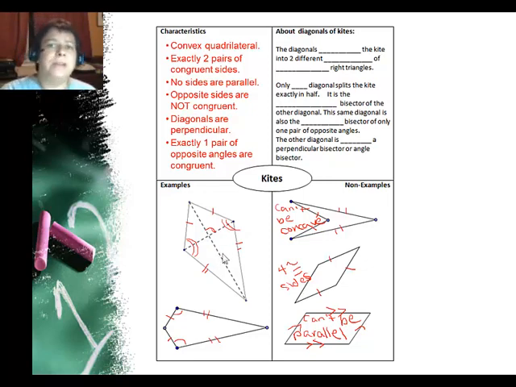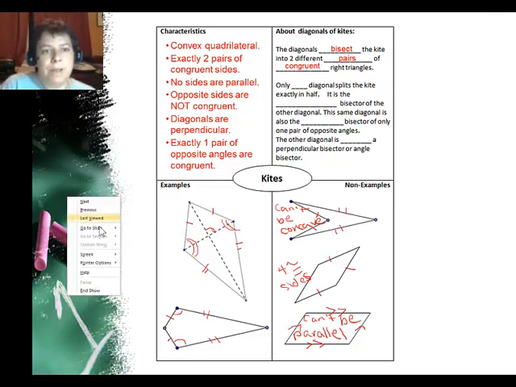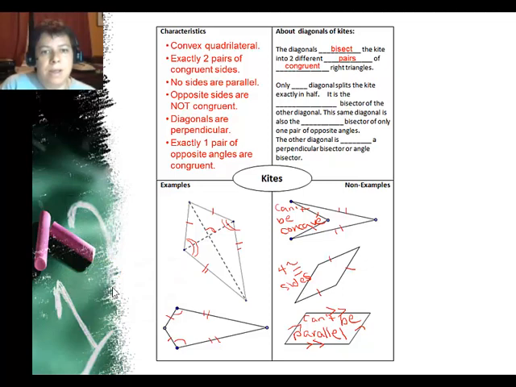Now the diagonals of kites are very interesting, so I gave it a whole square on the top right here. Diagonals bisect the kite into two different pairs of right triangles. I don't know if you can see the right triangle. Let me switch to a highlighter. So if you look over here, this is one triangle, and this is the other triangle. That's a pair of congruent triangles. Then you also have a pair of congruent triangles down here on the bottom. So both of them put together bisect the kite into two different pairs of congruent right